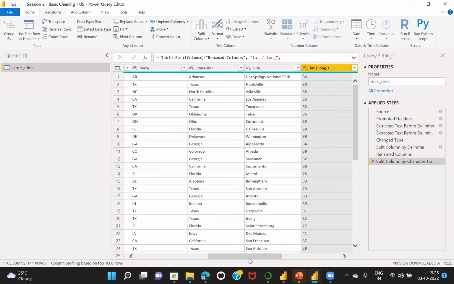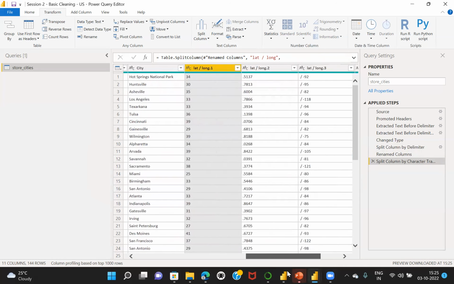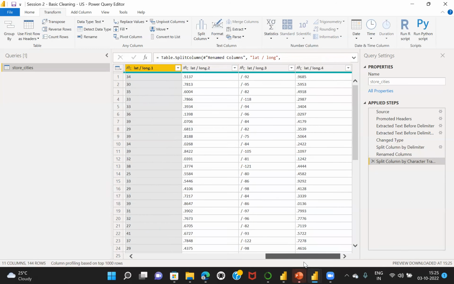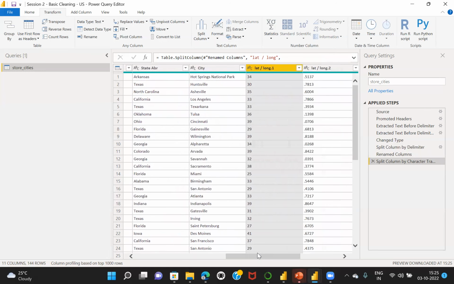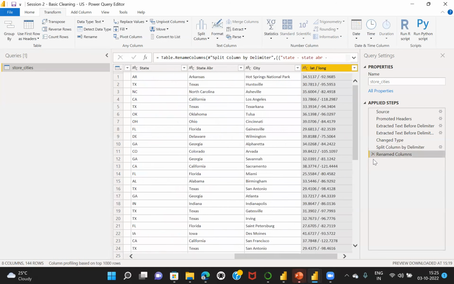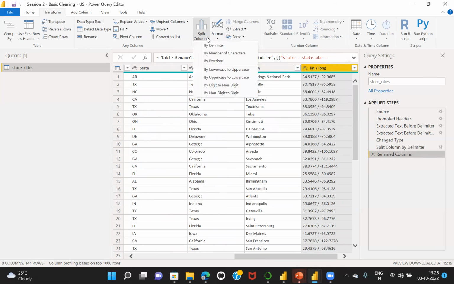You have first two digits, then you have the comma, you have the dot, then you have the non-digit, and you have again a non-digit as slash. And this way you can split the columns. But how do we want to split it? We know that this has only latitude and longitude. So to split these columns, we can use latitude and longitude